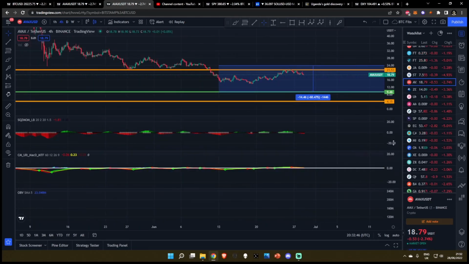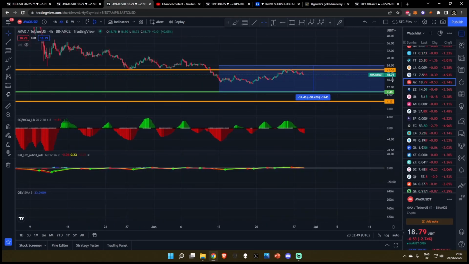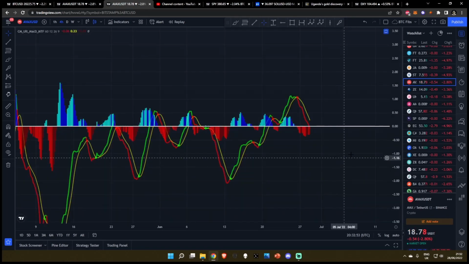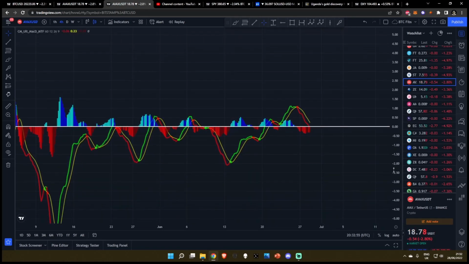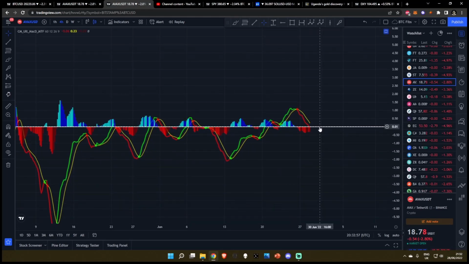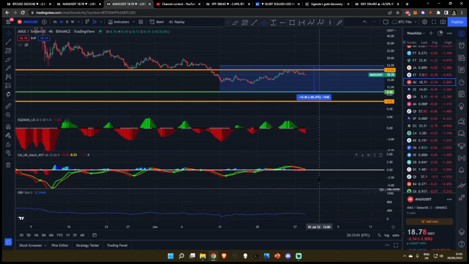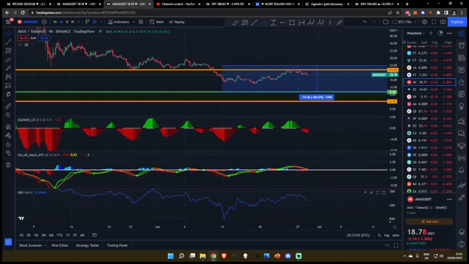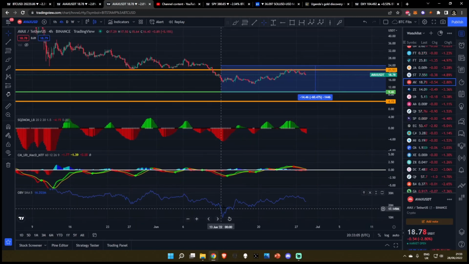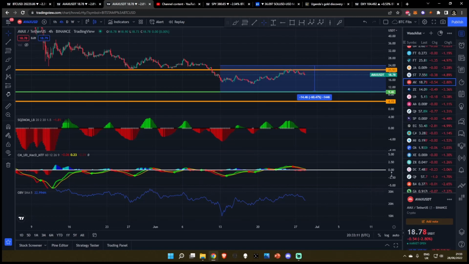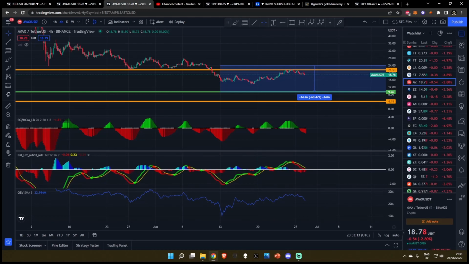So the 4 hourly time frame squeeze bomb is also having a brutal flush to the downside. We've already flipped very, very heavily bearish on the 4 hourly MACD, and we've started to capitulate below the zero line already. So this should be indicative that we're about to have a major flush out. If we look at the OBV as well, it looks like we're creating something like a rounding top. We're probably going to be heading back down to the bottom of this structure, meaning once again a very, very harsh flush out for Avalanche.